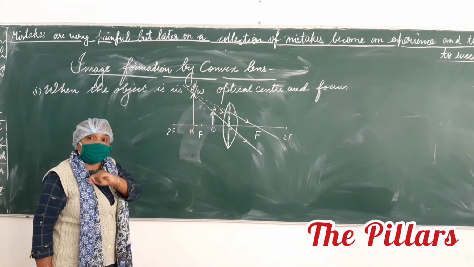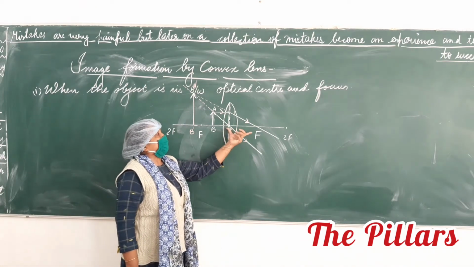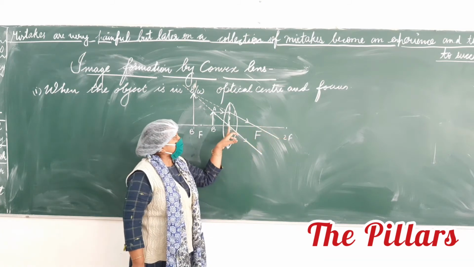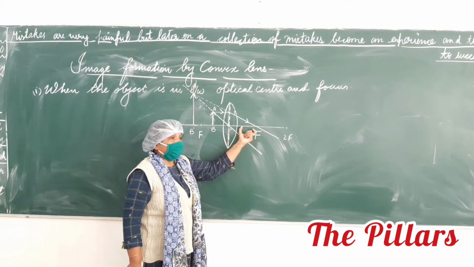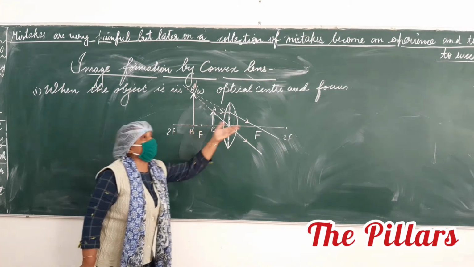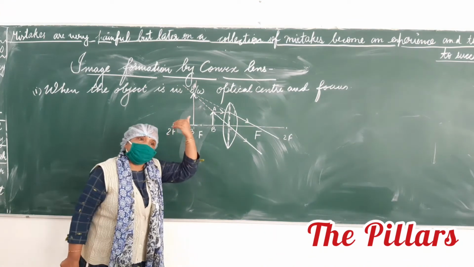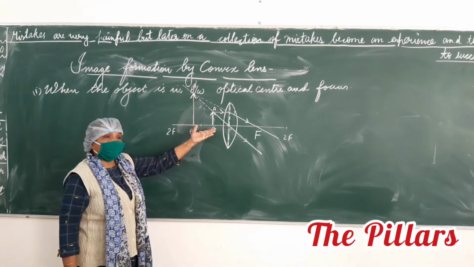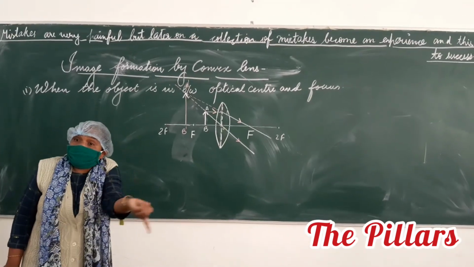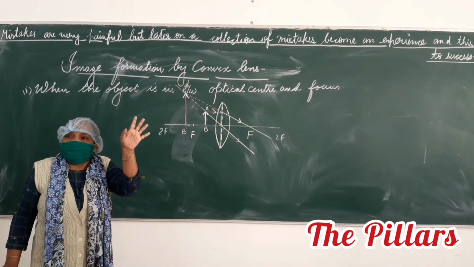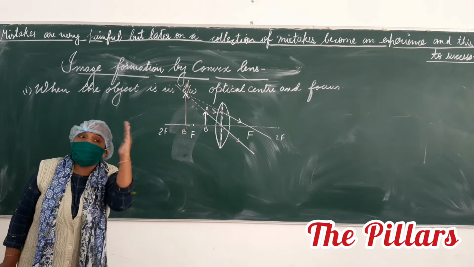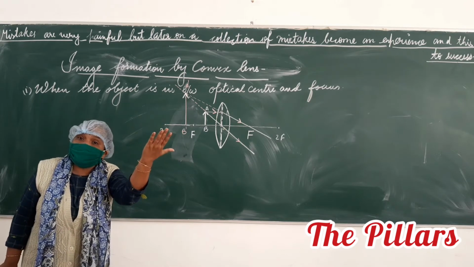And I have already told you, first of all, you mark what? Principal focus F, 2F. Right? And the distance between the optical center and the focus here will remain the same here. Why? Because the medium remains the same on both sides of the lens. First you mark all these things, and before you draw the ray diagram, it should be in your mind where the image will be formed. So I said a bit of cheating we can do, no? Because we know the answer very well, where the image will be formed.